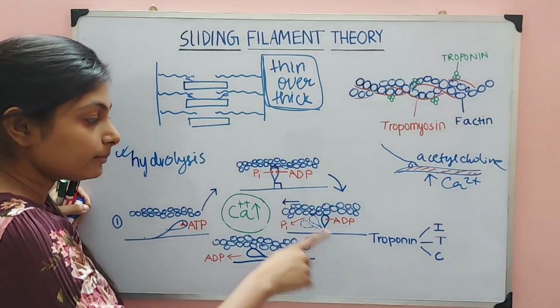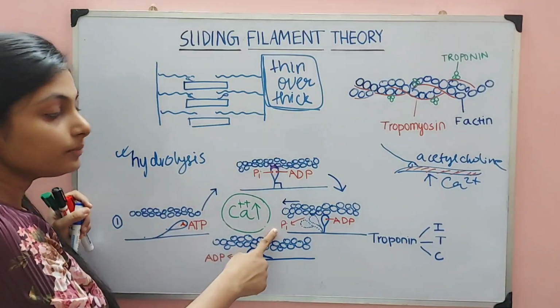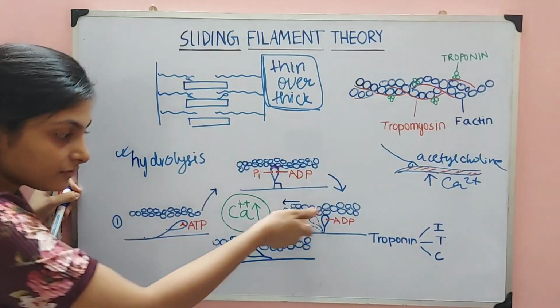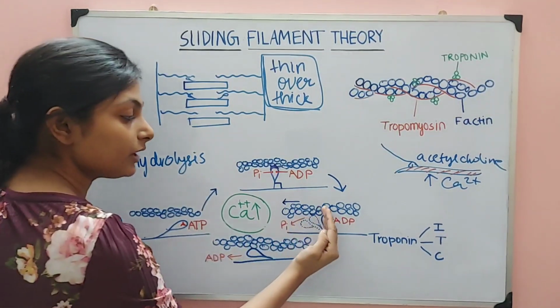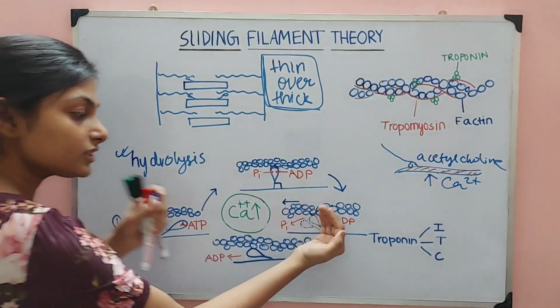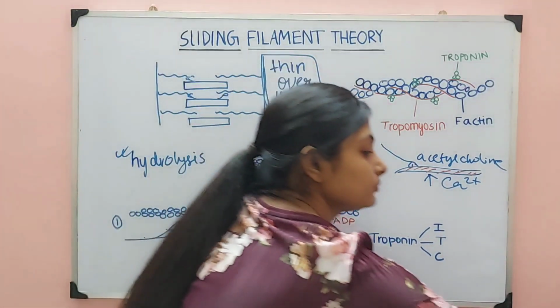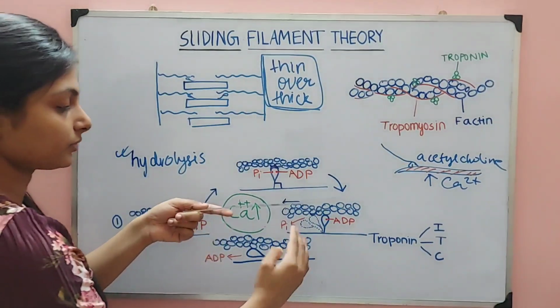You remember that diagram, but I will show you exactly what happens over here. The phosphate group leaves this way. As a result of that, there is a power stroke. That means this myosin bends. When this bends, you see,